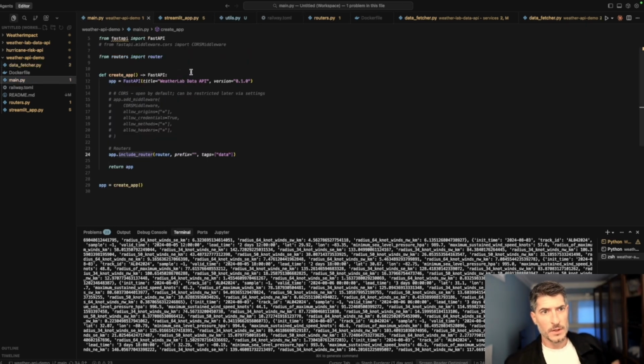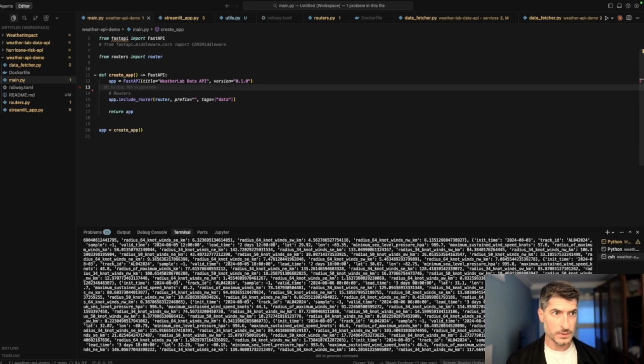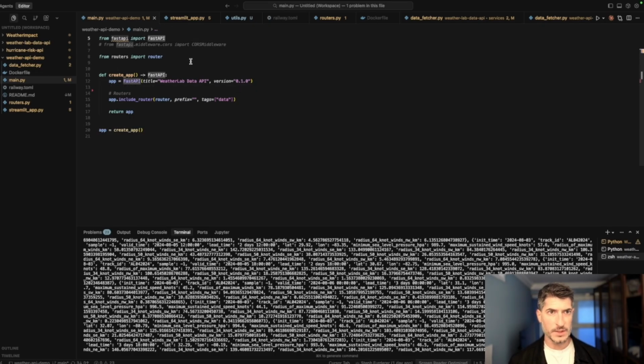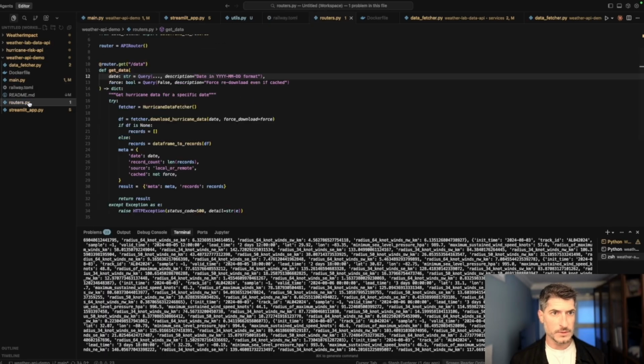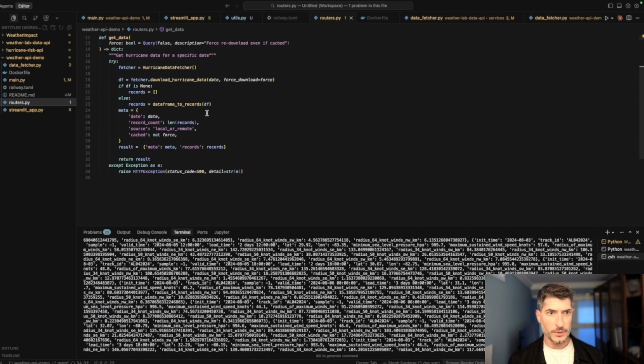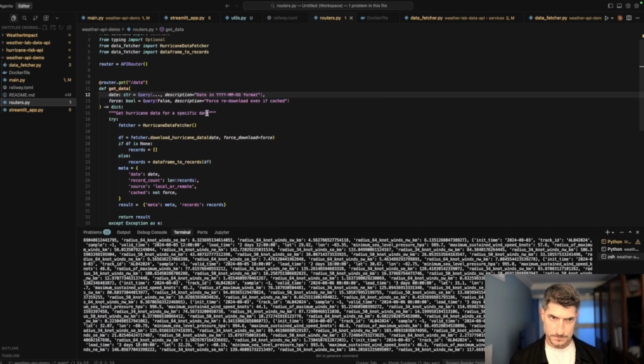First, you see it's super straightforward. The first file that you want to create is the main file, where you create this FastAPI component. You create your FastAPI app and you include one router. Basically, the router is defined here. Think about it as